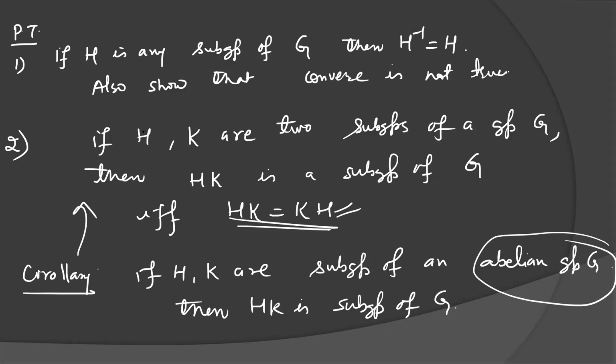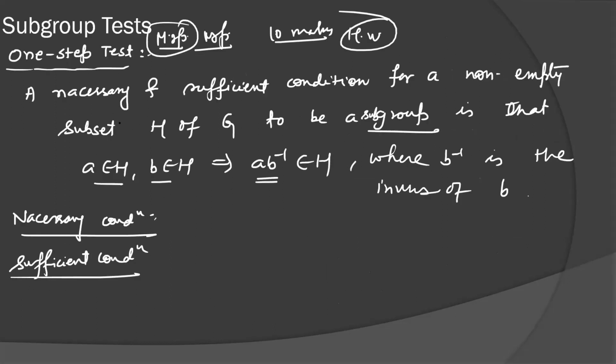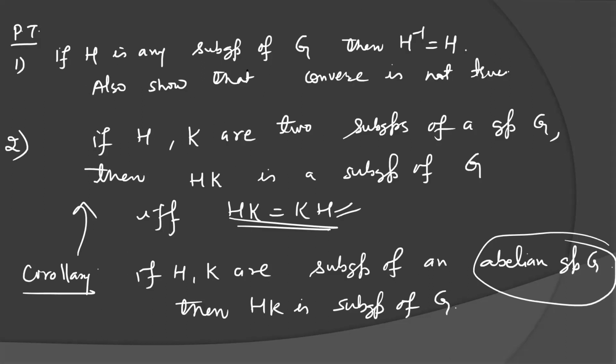So I am giving you two proofs here and one more as homework. Complete these three problems and mark it as an assignment and submit it by Sunday. Okay. In the next lecture, we will see the algebra of subgroups, means intersection, union, order, and some important examples based on subgroups. Okay, thank you.